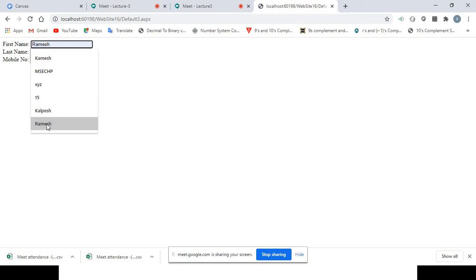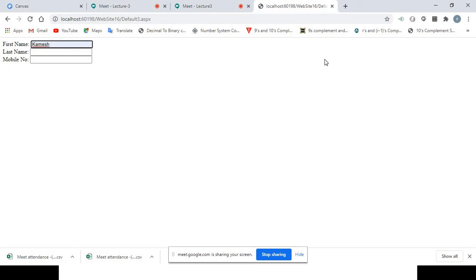So whenever you are assigning a class, here in the first text box we have assigned which class? First name class. Inside that class, whatever the user is typing gets stored, but it is machine specific. This detail will be stored in the client machine. Suppose here I am writing my first name is Kamesh. It doesn't mean that on my college PC, if there is a text box with a reference to the first name class, Kamesh comes automatically.